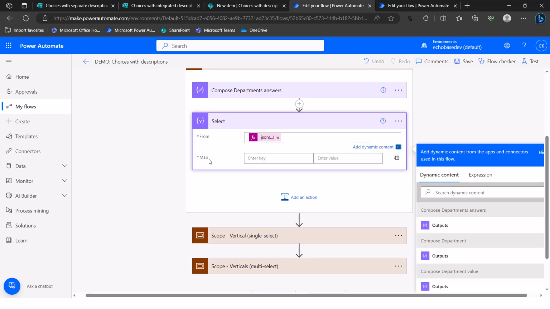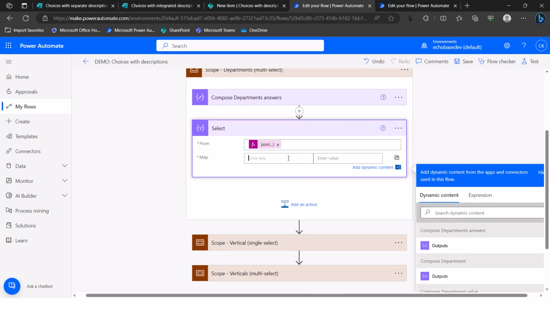Then within this map, this is where you can build out your array, and what we need the array to have is the word value as the title or the key. It's an array of objects, and objects have a key and a value. So the key here is going to be the word value. I know that's confusing,